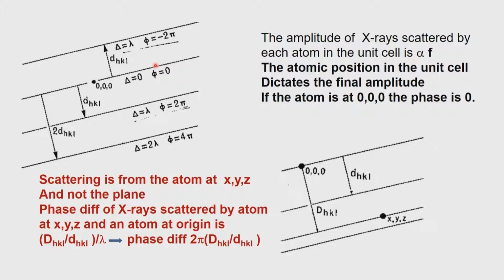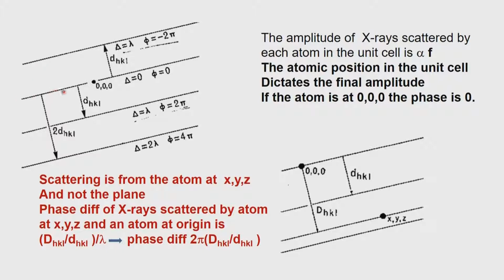Now you remember, a plane is a two-dimensional thing which is coming out towards us. So any of these points lying with respect to the origin 0, 0, 0 will all scatter in phase. Suppose there are 10 atoms in this particular plane, all the 10 atoms will scatter in phase. The phase associated with this will be 0, because there is no difference in the path. The path length is 0, path difference as we saw in the previous slide, and therefore we have delta 0 and phi 0. So if there is an atom at 0, 0, 0, it will contribute its entire scattering power to this particular plane.